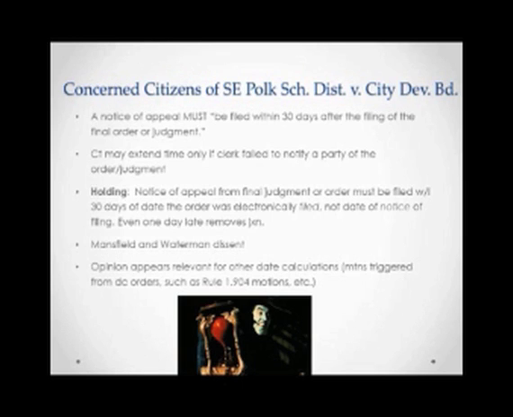And so here the court was saying that even though the parties didn't get notice of that ruling until July 15th, the filing date was July 11th. It was backdated. And that was the date that starts the clock running for your appeal. Here, the party was only 1 day late, but that was enough to take out jurisdiction, and the court dismissed it. There was a dissent from Mansfield and Waterman saying that they thought that you should go with the date that everybody gets the notice, because that effectively reduces your time to respond to the appeal.